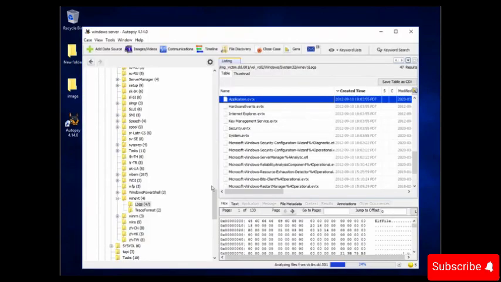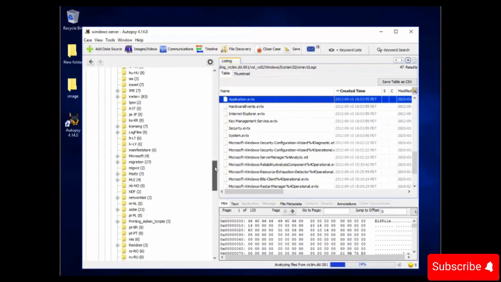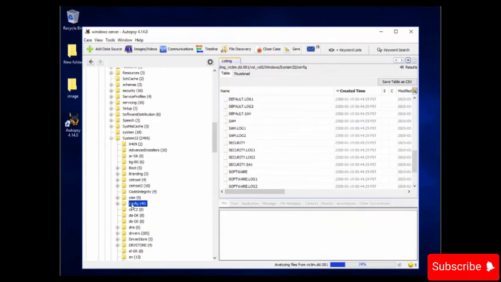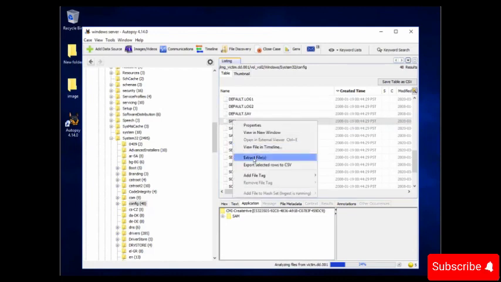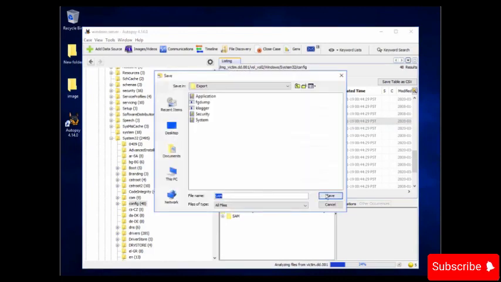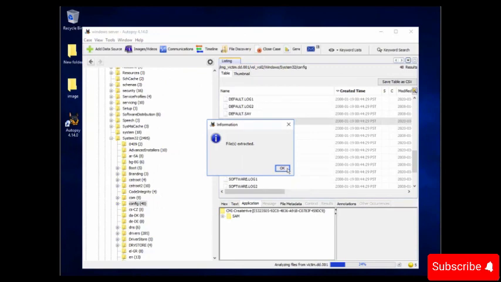Now let's go to system32 and then the config directory. Click on the config folder and here we will look for SAM. So SAM, security and system. So let's save them one by one. We will extract the file first. So extract files, save, and then OK.